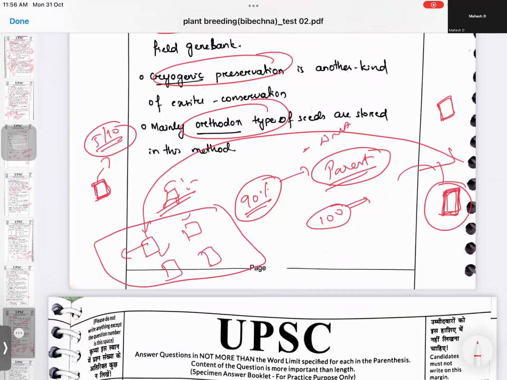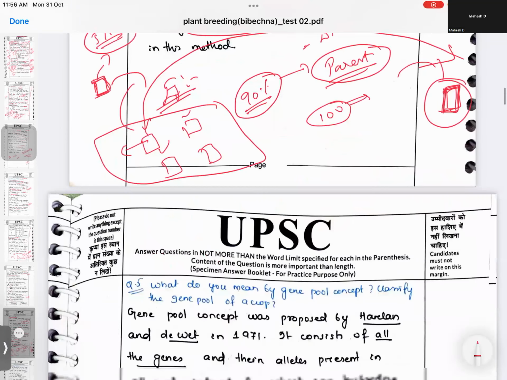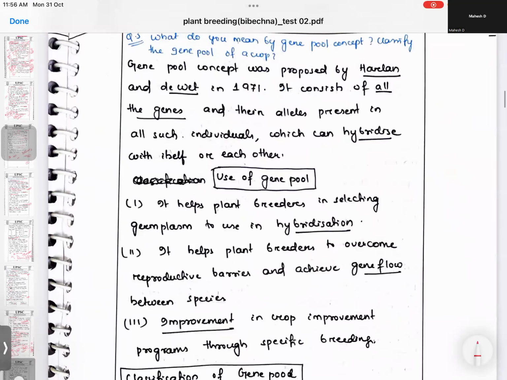But if you do this, then genetic erosion will be prevented. This is the real concept. Okay, sir, now what is the gene pool concept of